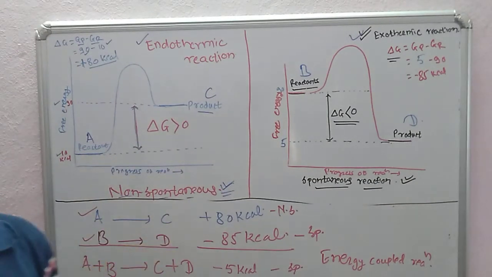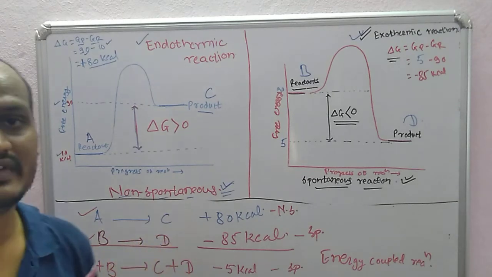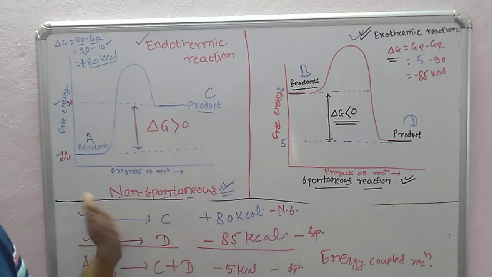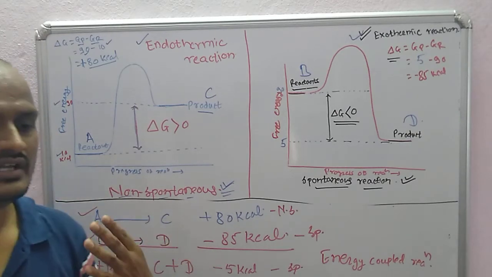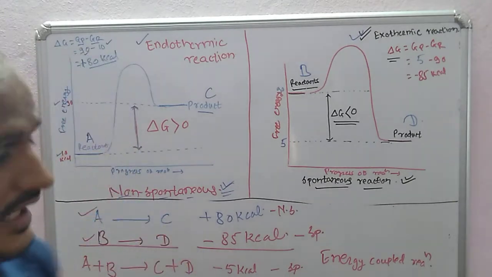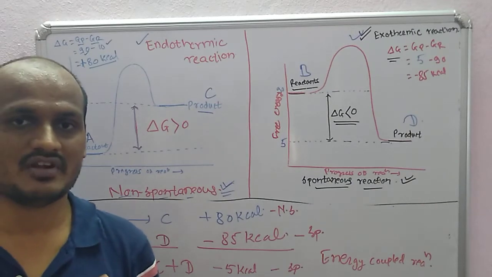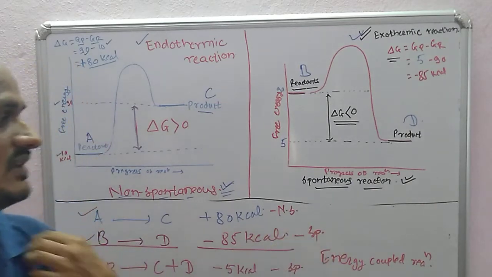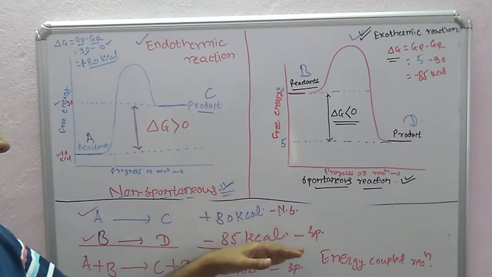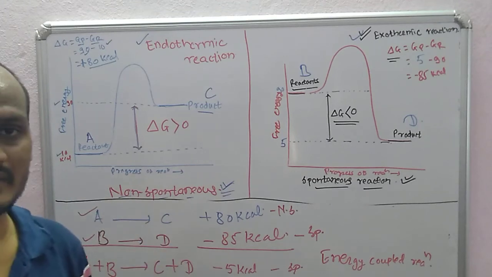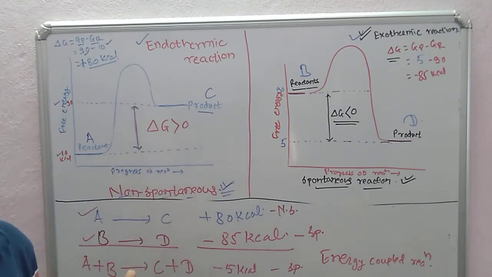This is how biochemical reactions can be coupled. That is why we have ATP, adenosine triphosphate, as an energy source which can be used for coupling of reactions. The ATP molecule has three phosphate groups, alpha, beta and gamma, and if you break that phosphate bond, we get some energy, which is the negative delta G. This helps any unfavorable reaction to be made favorable with ATP. That is why energy coupling is often used in biochemical reactions.